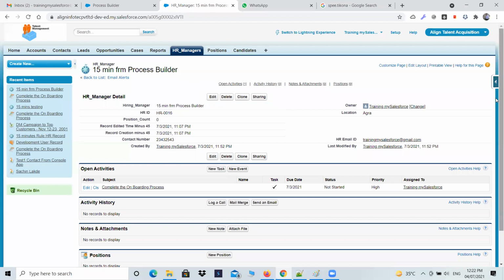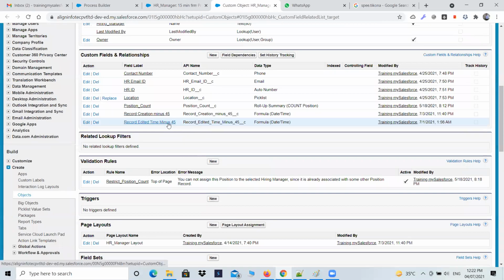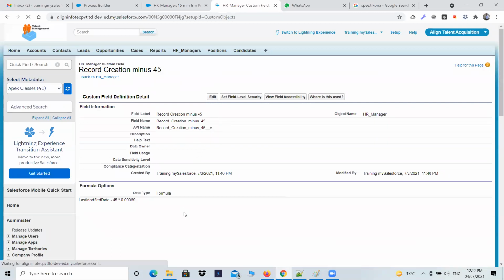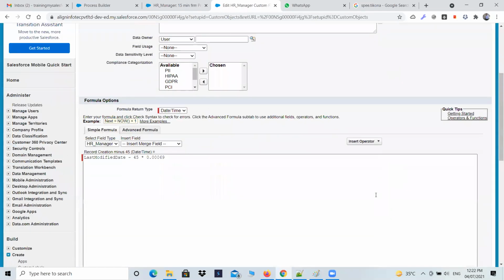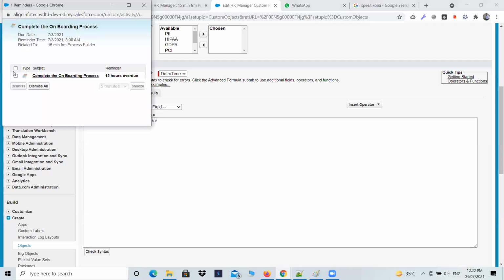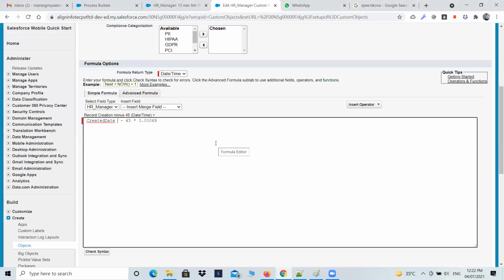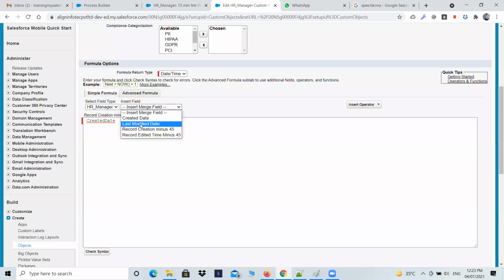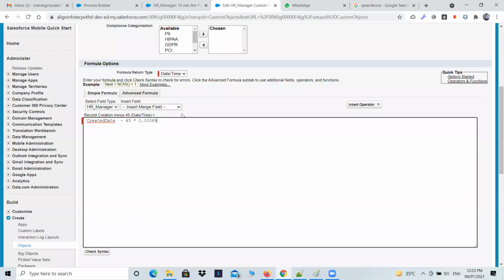तो याद रखो, इसके लिए पहले आपको एक फार्मूला फील्ड क्रिएट करनी है, और वो फार्मूला फील्ड आप यूज कर सकते हो. जैसे मैंने यहाँ पे 2 बना दिए, गलती से 2 बार सेव कर दिया था. तो ये फार्मूला फील्ड आप 2 जगह यूज करेंगे, ठीक है. आप इसको प्रोसेस बिल्डर पे भी यूज कर सकते हैं, और आप इसको चाहें तो वर्क फ्लो भी कर सकते हैं. और ये लास्ट मॉडिफाइड डेट है, अगर आप चाहें तो इसको क्रिएटेड डेट लिया तो भी कोई तकलीफ नहीं है. क्योंकि यहाँ पे जो आप क्राइटेरिया लगा रहे हो वो क्रिएटेड पे लगा रहे हो. अगर आप क्रिएटेड एंड अपडेटेड दोनों पे लगाते, देन यू कैन गो विद द लास्ट मॉडिफाइड डेट लेना पड़ता था. लेकिन क्योंकि अभी आपका क्राइटेरिया सिर्फ क्रिएटेड पर है, तो दोनों सूरतों में सेम काम करेगा. डिफरेंस क्या है वो मैंने आपको बता दिया,